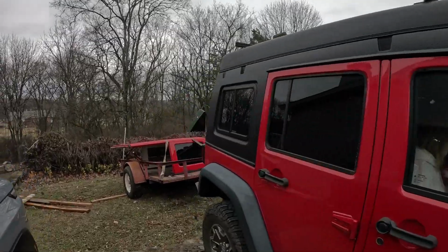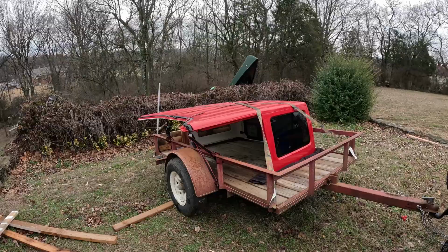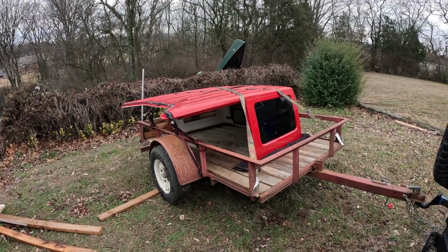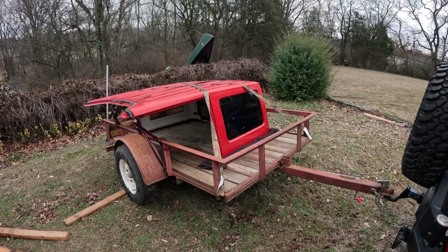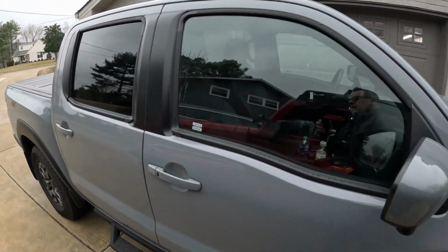Well, it was already loaded, but I have the camper top, or the hard top, loaded up. I'm going to trailer it over to Knoxville, sell it to a guy, and then we're going to swap it out. It's actually raining today, but I've moved over to a pickup platform, and we got the new Nissan